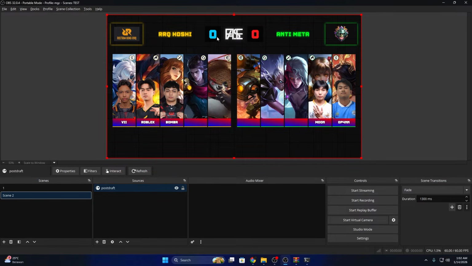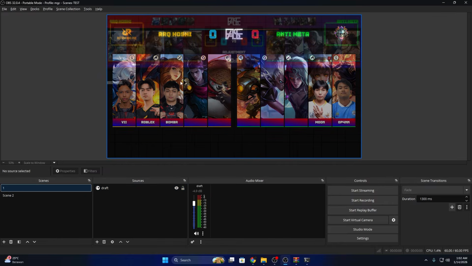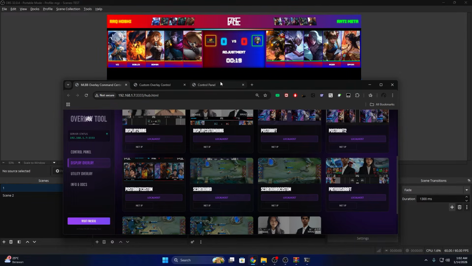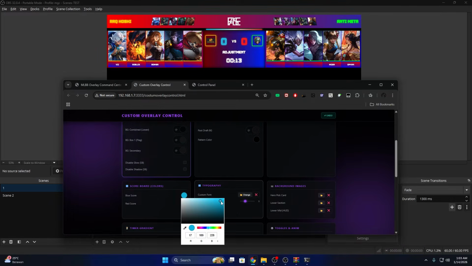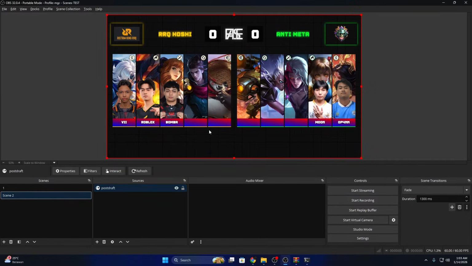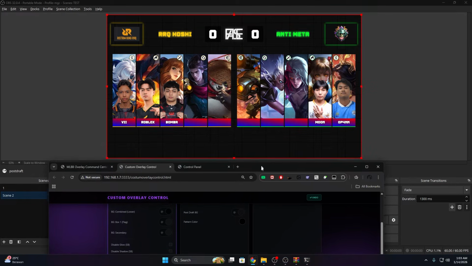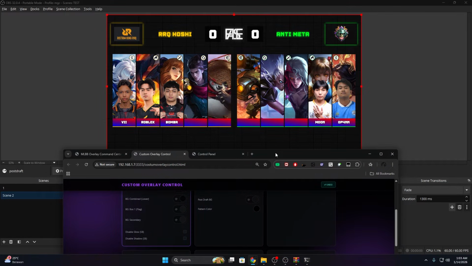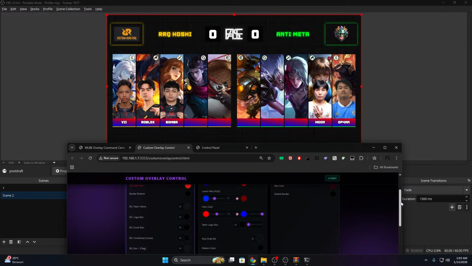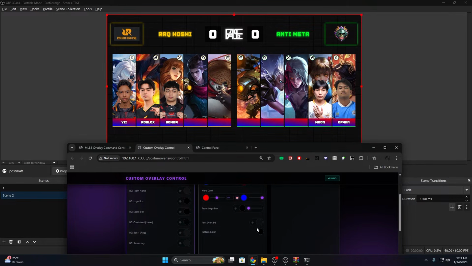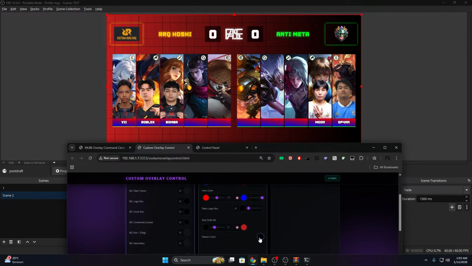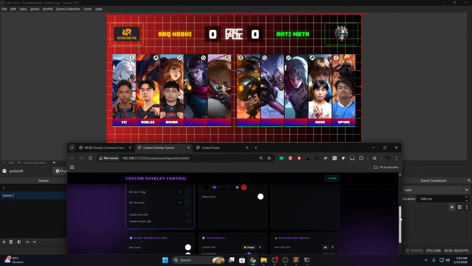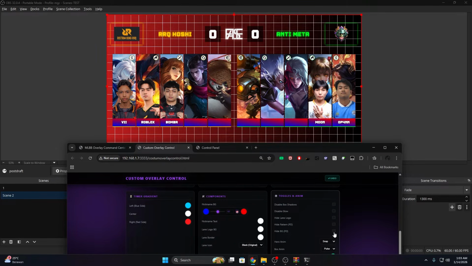So basically, the background is still the same, and also if you want to change this color, which is the score color, you can go to here, and this one, scoreboard color, you can change it. Okay, I want white. Okay, I want white, and it will be connected here also. So yes, it is already connected, and as you can see in this one you can see the background. Maybe you don't like the background, you can change the color of the background, which is this one, post draft background. You can change the color and you can gradient it also, and the pattern color you can also change. But if you don't like the pattern color, you can hide it, which is this one, hide pattern.